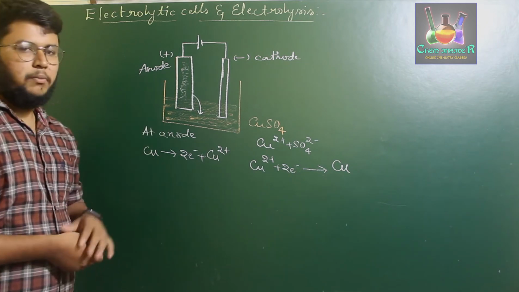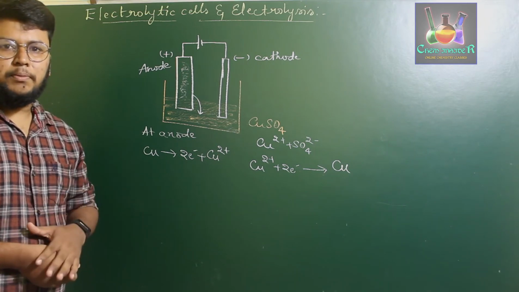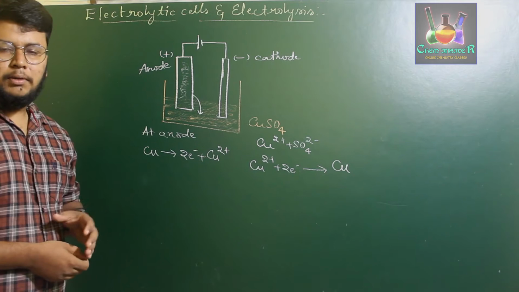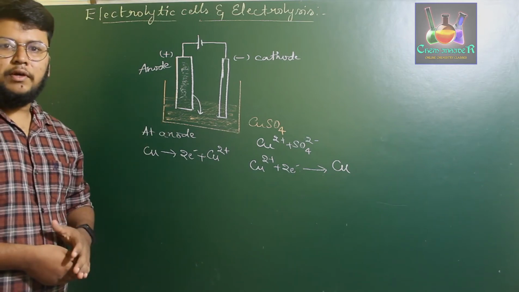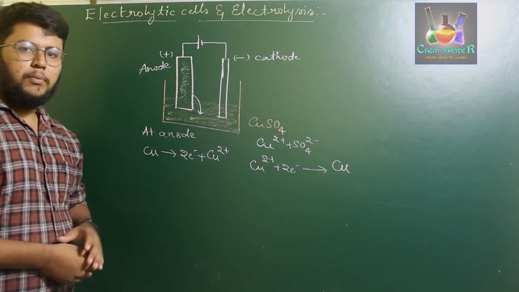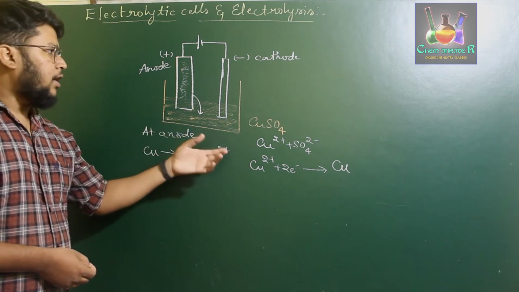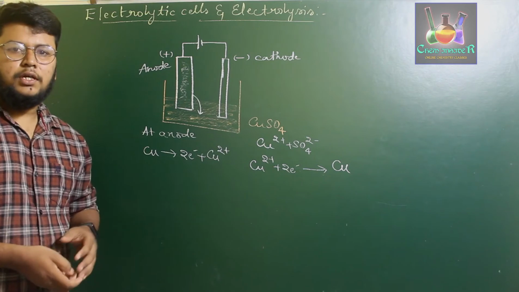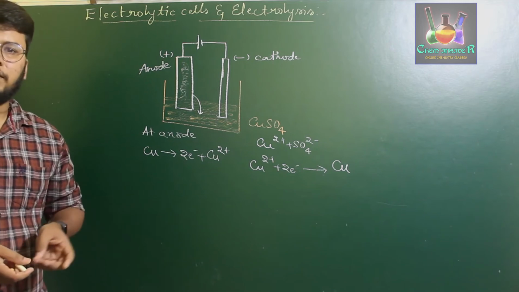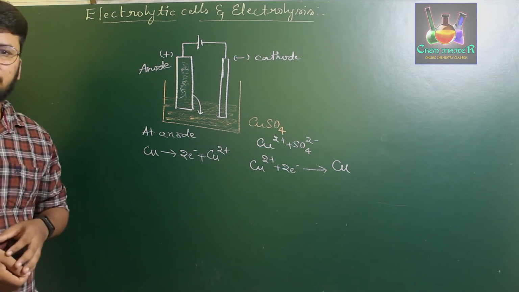So in this particular method, what we are clearly observing is that we are purifying an impure copper metal strip by considering it as an anode and dipping it in the same solution where we have already immersed a pure metal strip of copper. We observe that the impure strip will be completely purified and the copper will get accumulated on the cathode strip. Thus, we can purify certain metals such as copper, magnesium, sodium, aluminum, etc. So this is what electrolytic cells are used for.